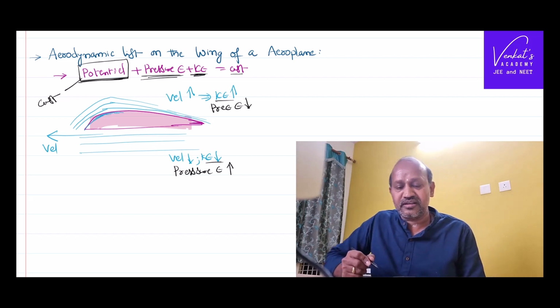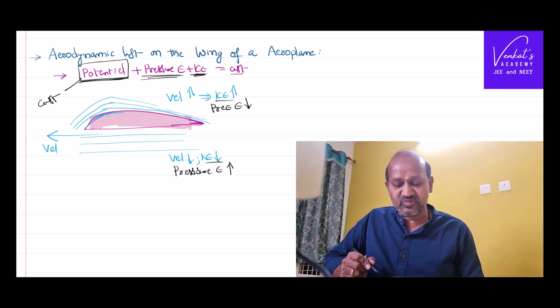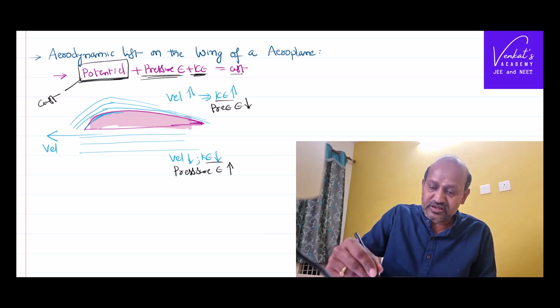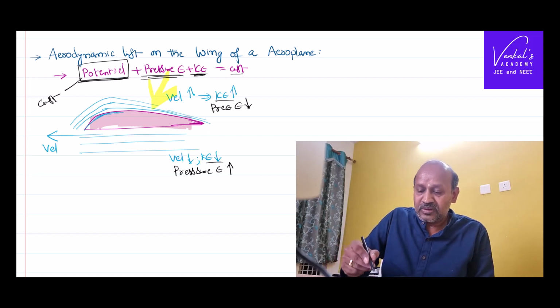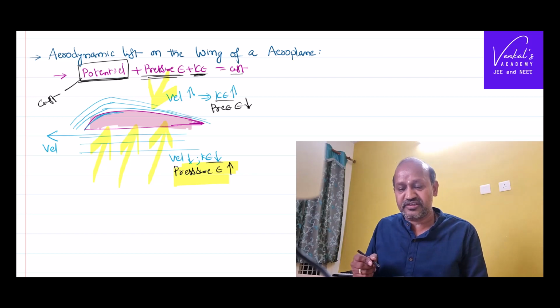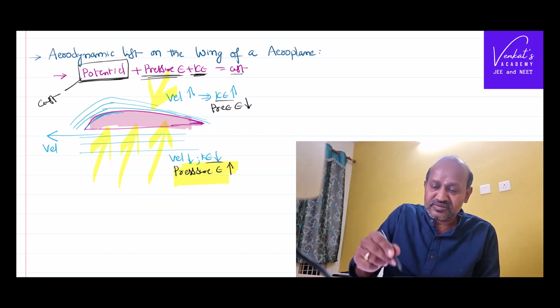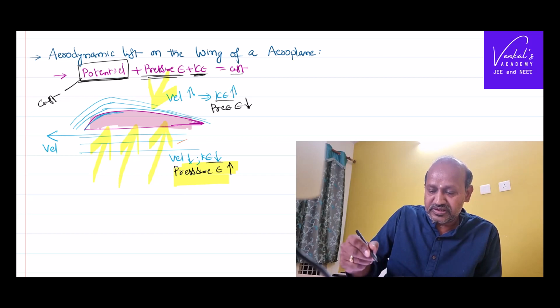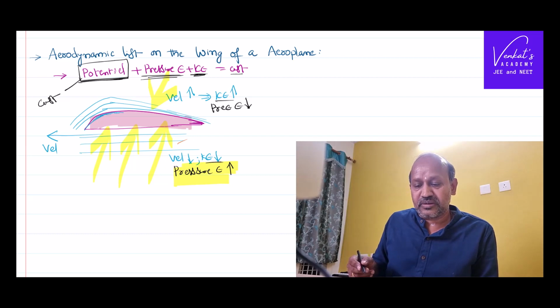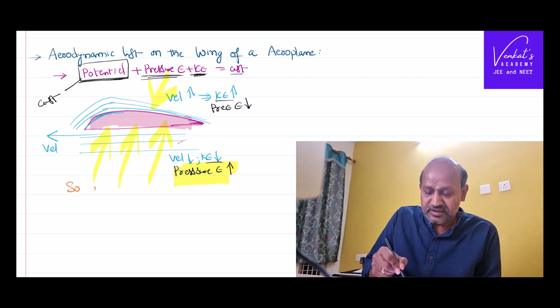So it's very clear that when the wing is shaped this way for an aeroplane, the upper part will experience lesser pressure. So pressure tries to push this upper part down, but with a lesser value. But the lower part experiences more pressure. That means there is more resultant pressure energy from the bottom. So it tells you simply that there is more pressure acting from bottom to top when compared with pressure acting from top to bottom. Therefore, there is excess pressure energy